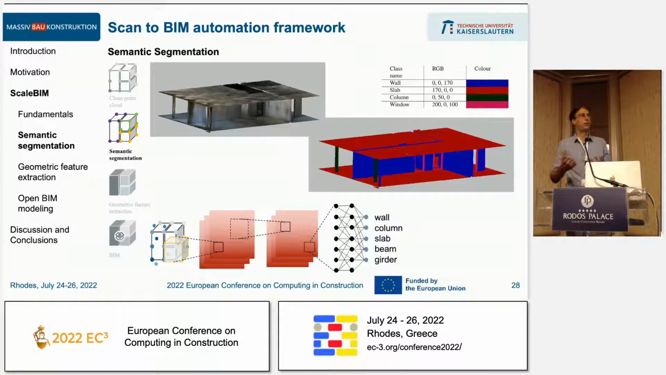Essentially, the aim is to find building components in the data. Here we have a visualization with colors, because you can't look at the integer labels that you would normally use. For semantic segmentation, we experimented with convolutional neural networks, actually with U-Net architectures,